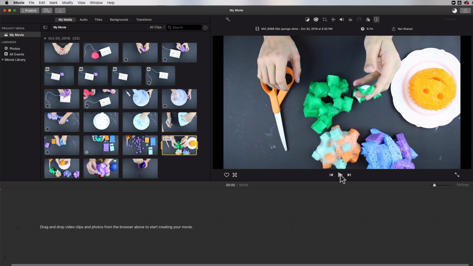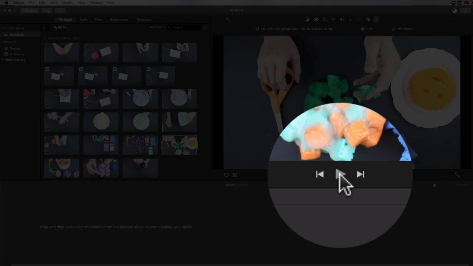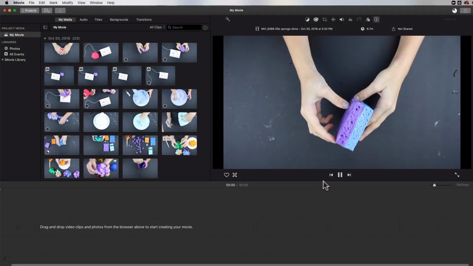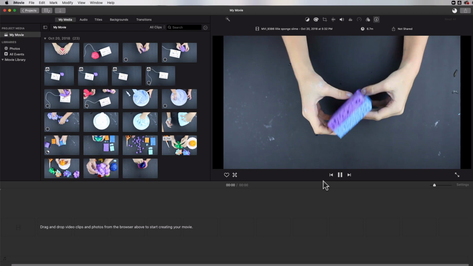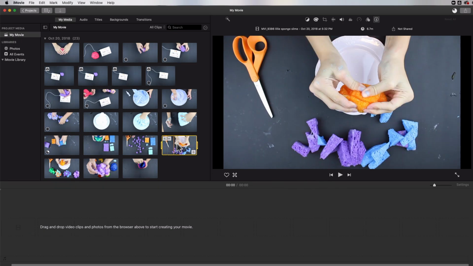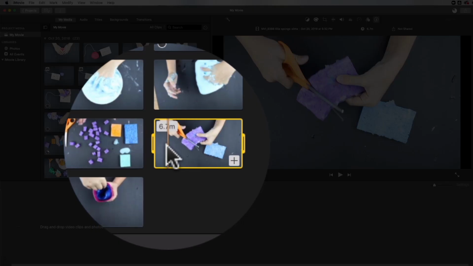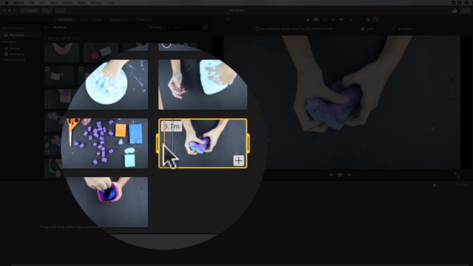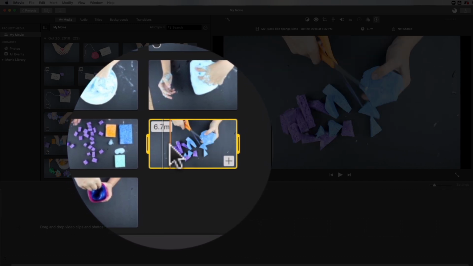And here in the middle, you have the play button. So you can hit play and it will simply play the video for you. You can actually see it. You can also hit the space bar to play and pause these clips. And if you want to do it really quickly, all you have to do is select a clip, and I'm not clicking on anything. I'm just using my mouse to drag from the left of the clip to the right of the clip,